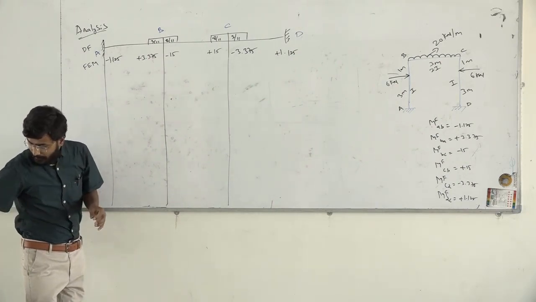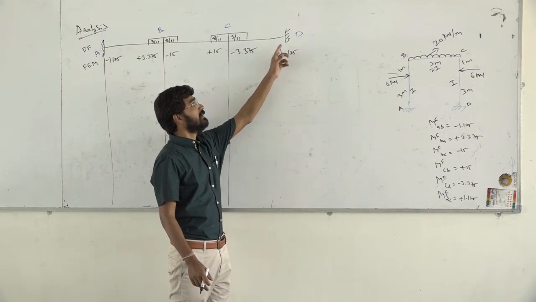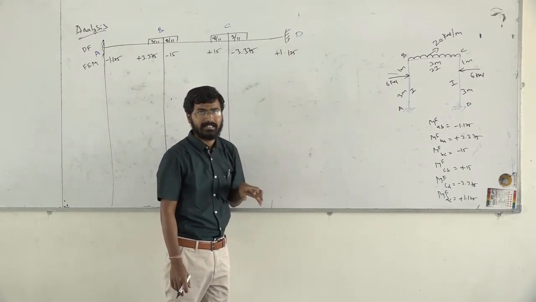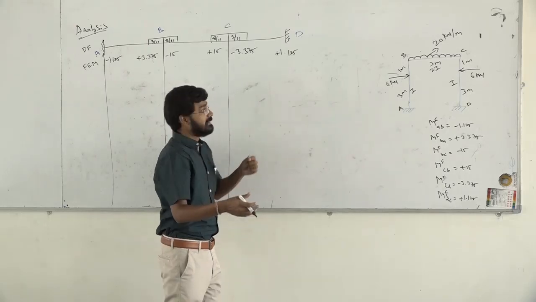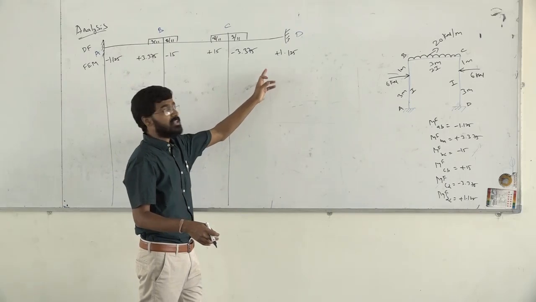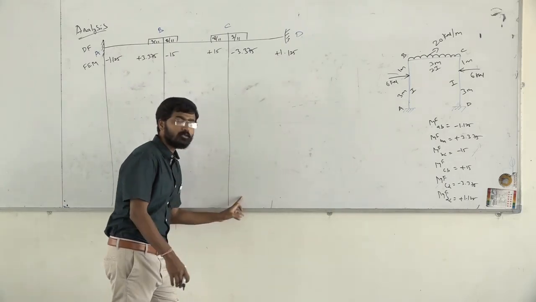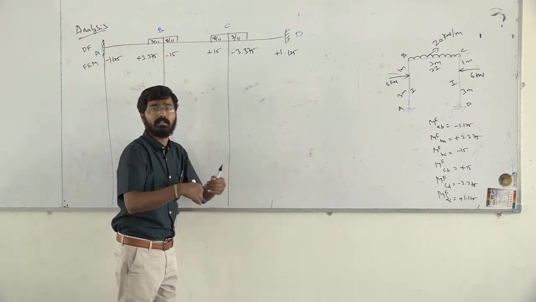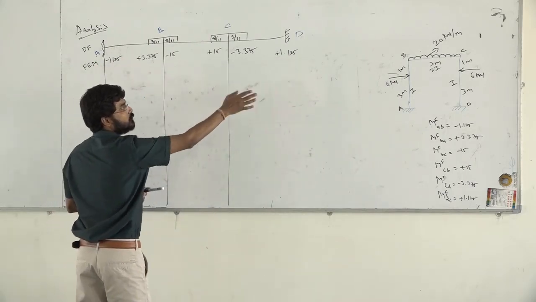Now, if you see here, as I informed you in the previous class, whenever we have a fixed support, a moment exists. But whenever we come across a hinge support or roller support, then before starting with this problem, we have to give half of the moment to the adjacent support, and then we have to start with the problem. Now here we don't have anything to distribute. Why? Because here also we have a fixed support, here also we have a fixed support,